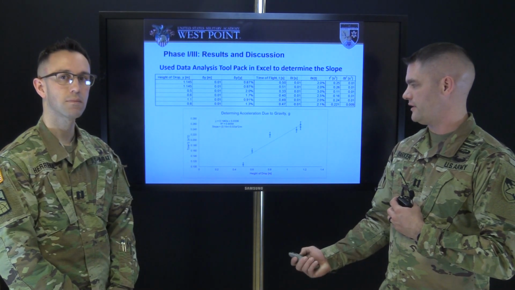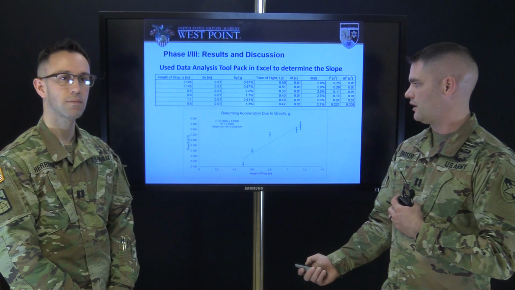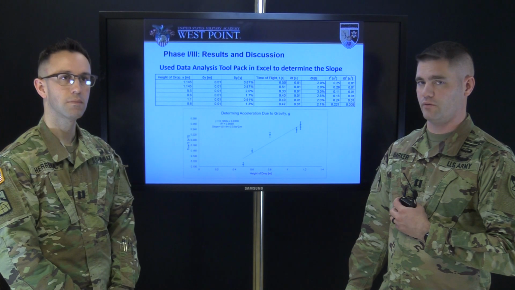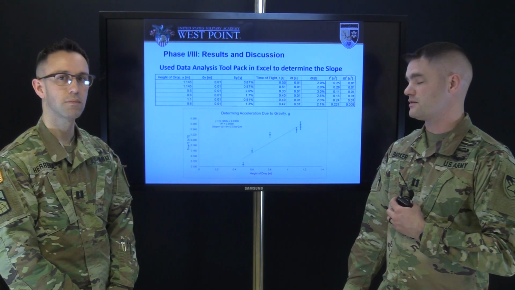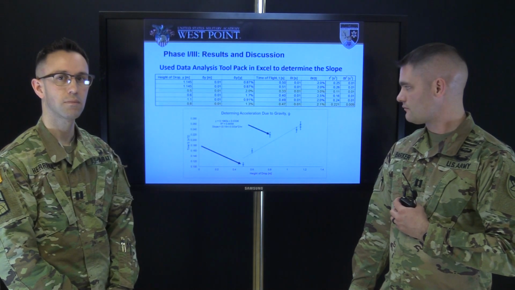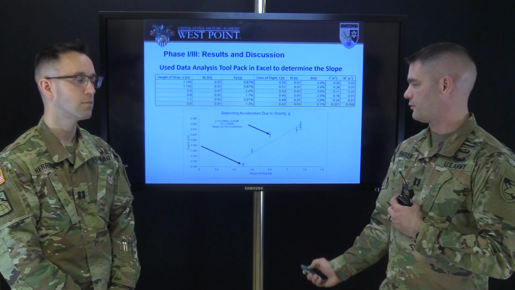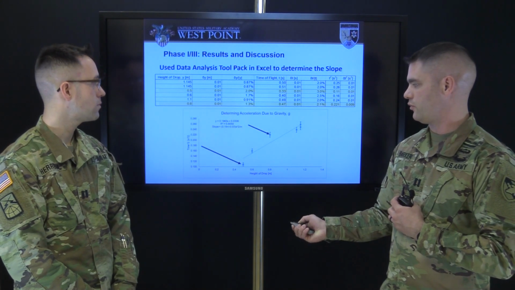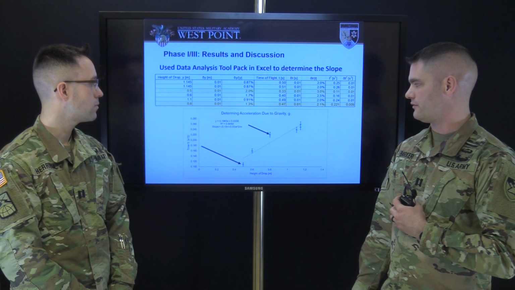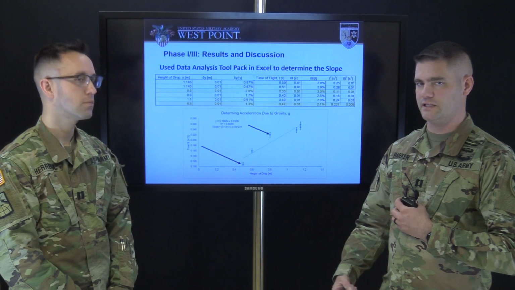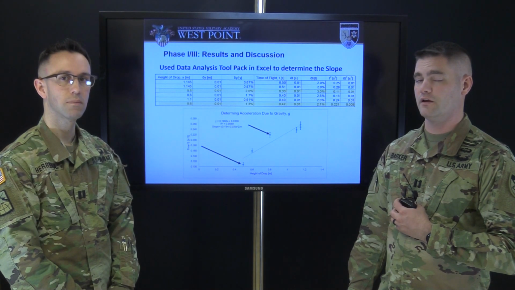This data provides the following trend line with a slope of 0.19 plus or minus 0.03 meters, seconds squared per meter. 2 points that I would like to bring to your attention. The first one is this upper point right here. The second one is this bottom point right here. These 2 points differ greatly from the remainder of the slope, which leads towards our error analysis of the slope